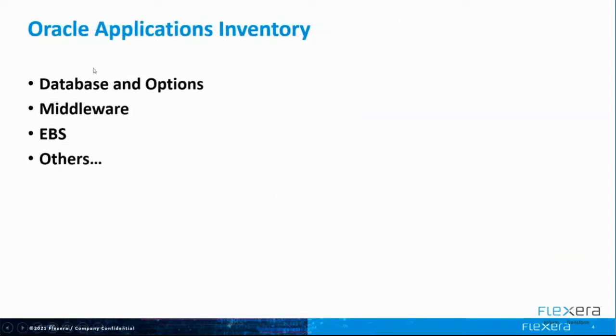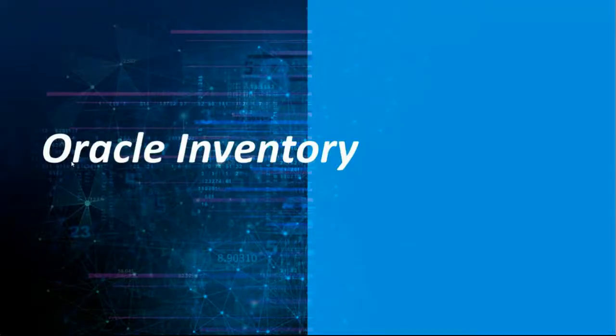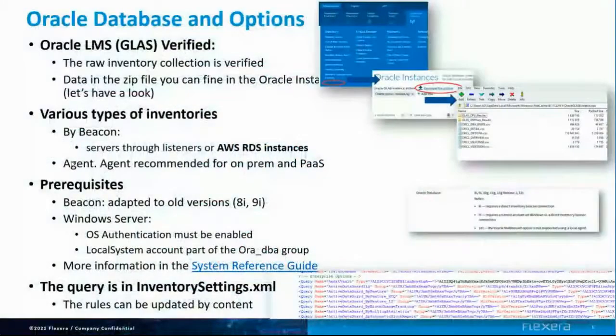So first, let's start with the Oracle application inventory. You will see there is Oracle database and options, Oracle middleware, enterprise business suite, and other applications. And actually, I should have done the reverse. So the Oracle inventory, and let's start with Oracle database and options. And just this one will be a good, I would say, 10 minutes or 15 minutes,